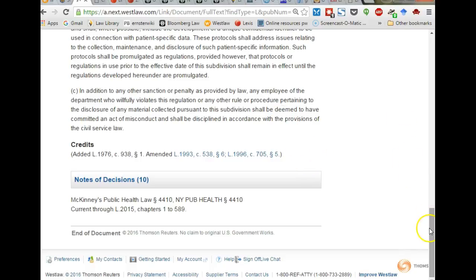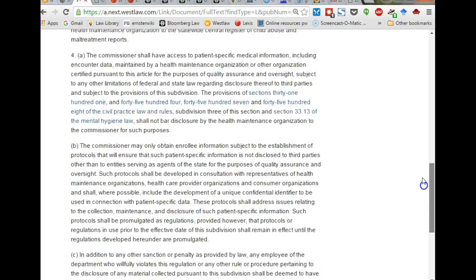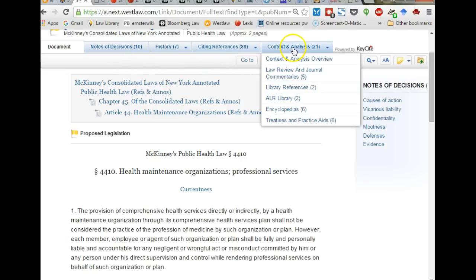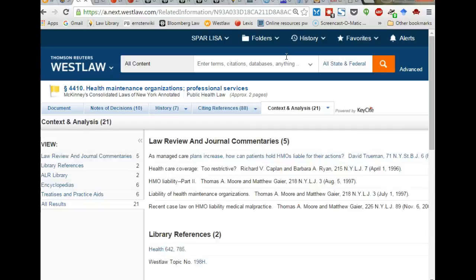Okay, and we also, question? So again, same concepts apply. We have our context and analysis, so we can see law reviews and commentaries. Actually, I'll click on that. So notice we have 21 different possibilities. We have a bunch of law review articles, a few ALRs, some encyclopedias, some treatises, to help us understand